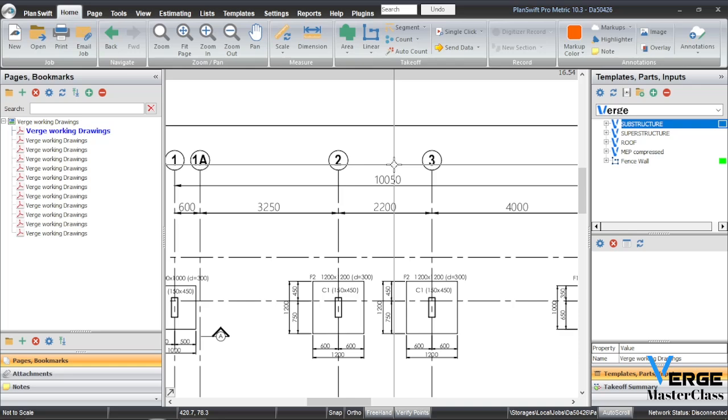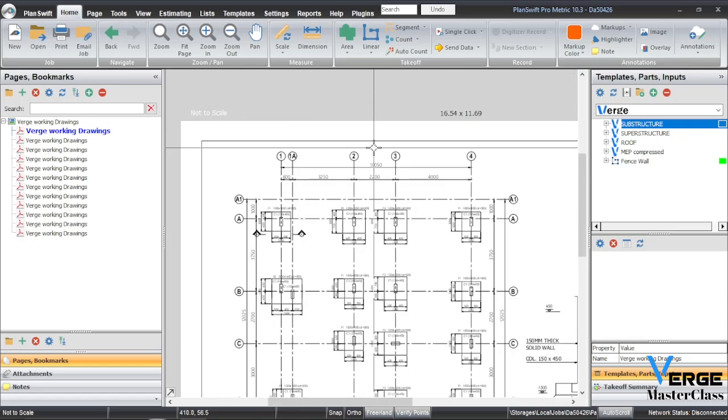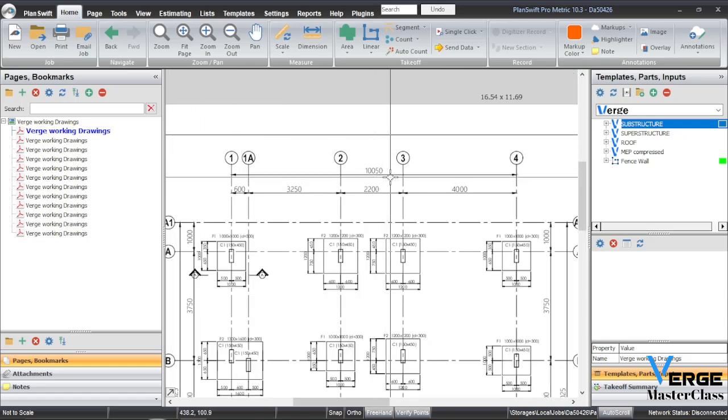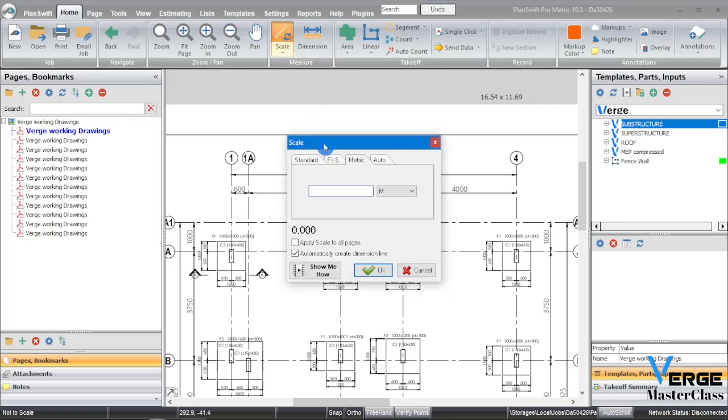Always scale the longest dimension on your x-axis and also the longest dimension on your y-axis. So on this axis, we have our longest being 10.05 meters. So we are going to click on scale, type 10.05, and we have our units in meters. There's an option here to apply scale to all pages. I would advise you not to check it. Scale the pages individually. So we click on OK,